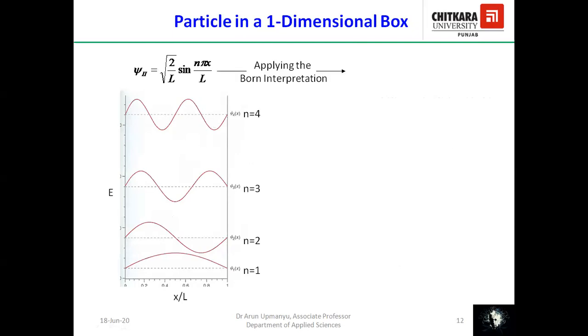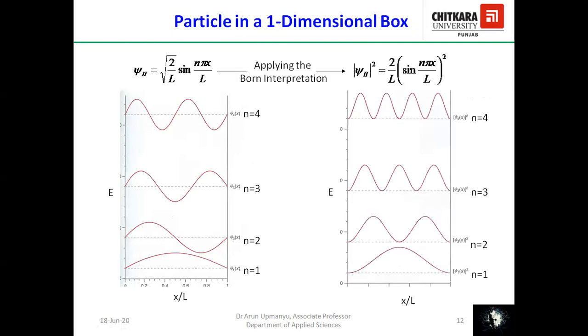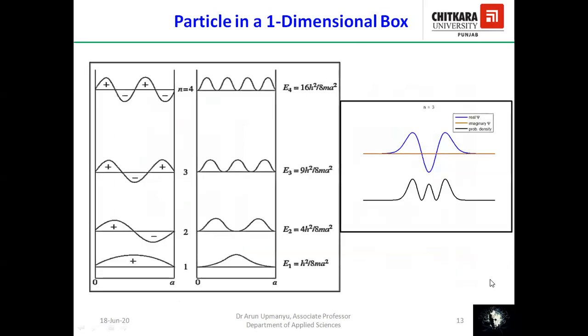So applying the condition of Born interpretation, you will get the amplitude, meaning the probability of the wave function. This corresponds to n is equal to 4, this is n is equal to 3, n is equal to 2 and n is equal to 1. And finally, I have tried to explain when n is equal to 3, the blue one is the real wave function and this brown one is the imaginary wave function, and here is the